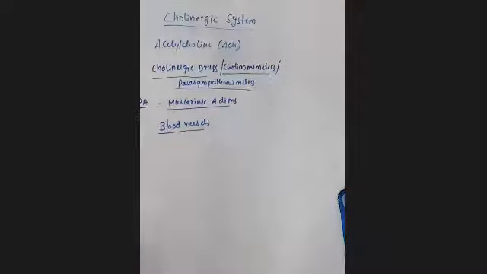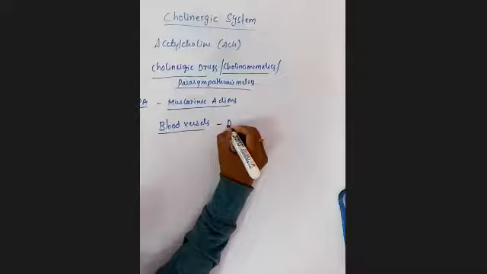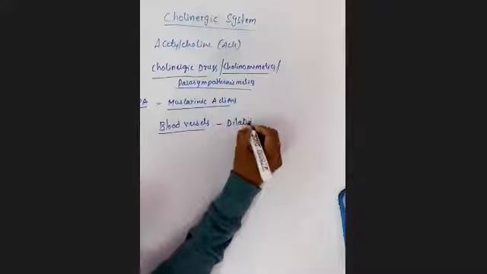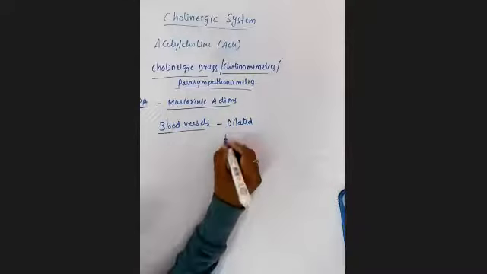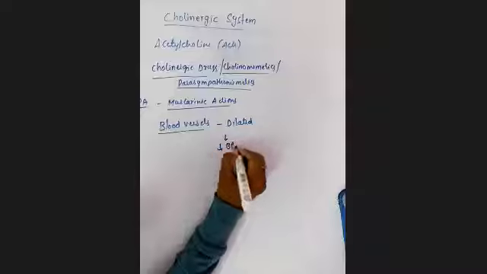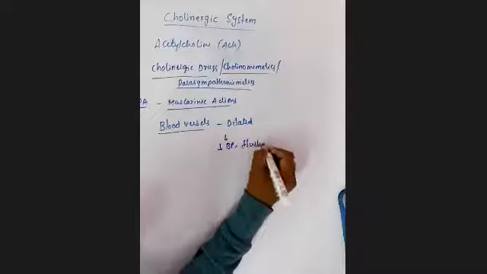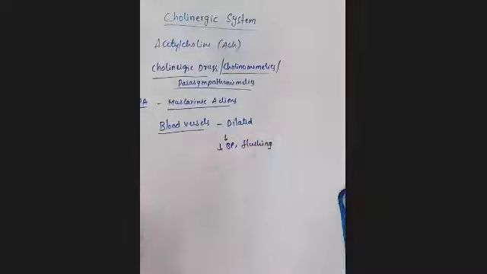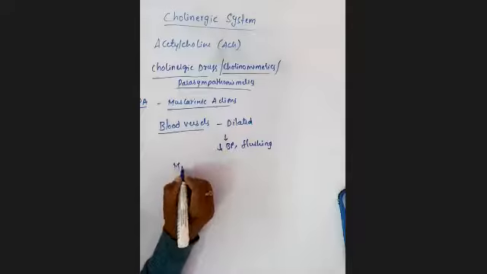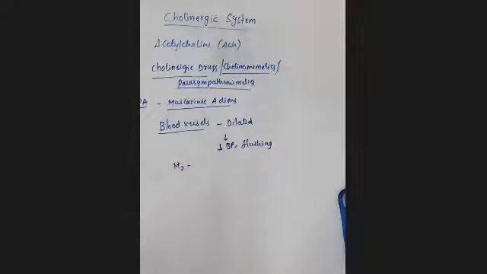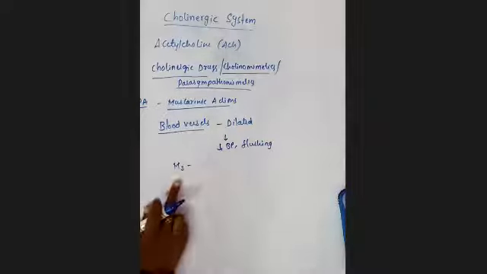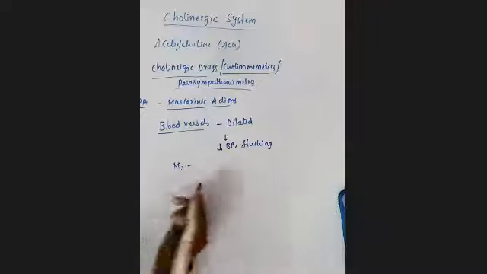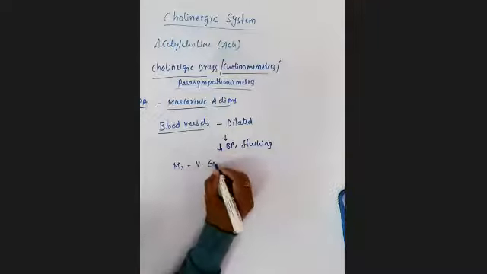Specifically, these blood vessels are going to be dilated, right? Because of that, blood pressure decreases, and it may lead to flushing. This flushing means redness of the skin. You will call it flushing. Clear? Suppose M3 muscarinic receptors are present in the vascular